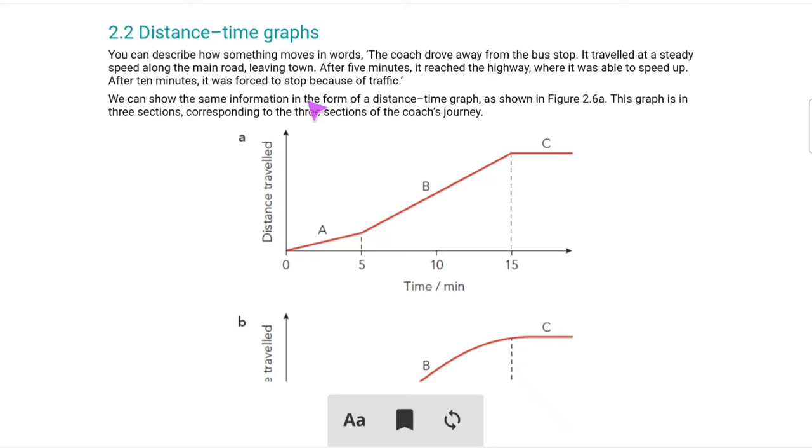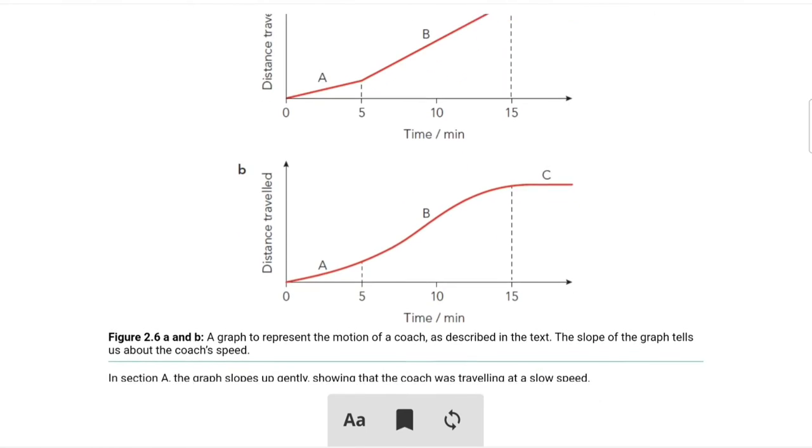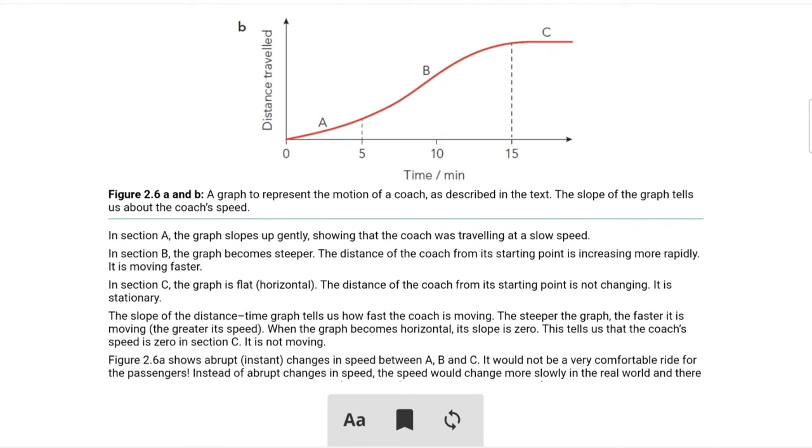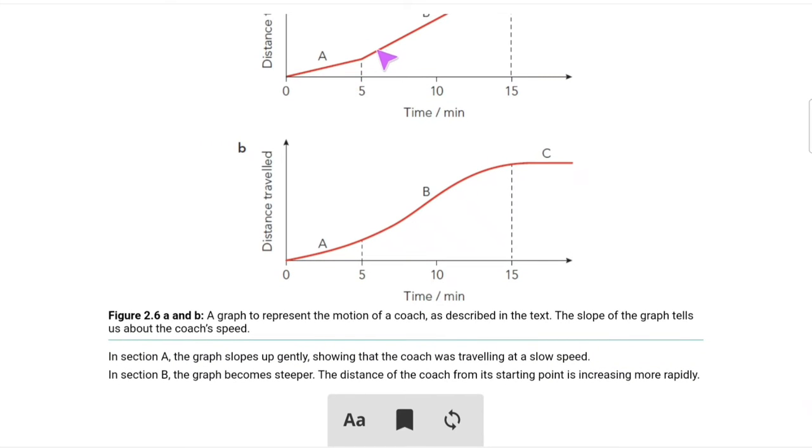So we can show the same information in the form of distance time graph as shown here. This graph is in three sections corresponding to the three sections of the coach's journey. So these are the three sections. In section A, the graph slopes up gently, showing that the coach is traveling at